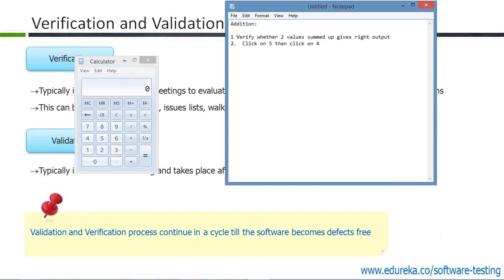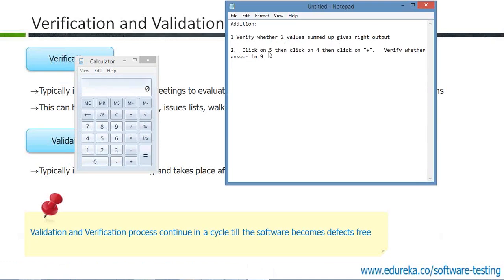Okay, then click on plus. The condition. Now you are writing your condition saying verify whether the answer is 9. Okay, so this is what you are writing in the sentence,